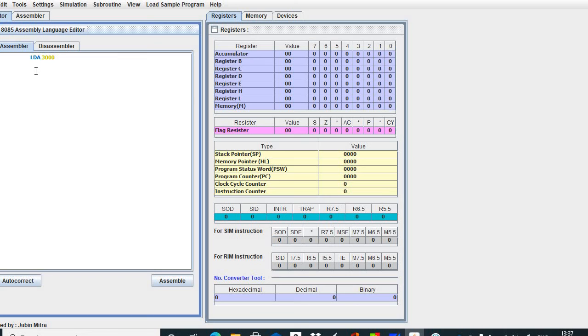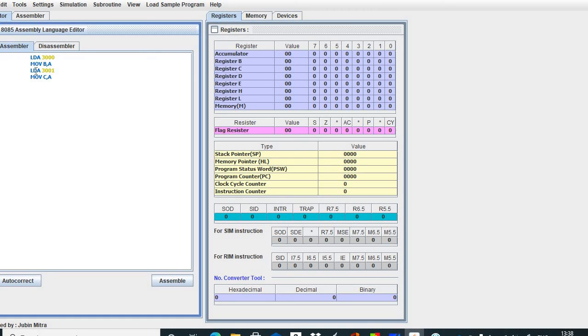Next, move the data, MOV B comma A. Next, LDA 3001H. It will take H by default as hexadecimal. Then MOV C comma A.